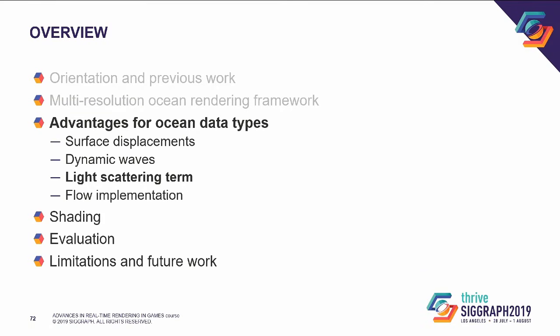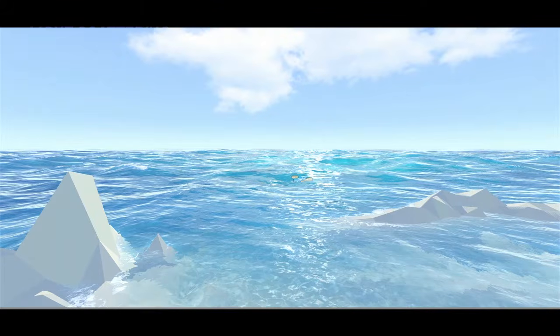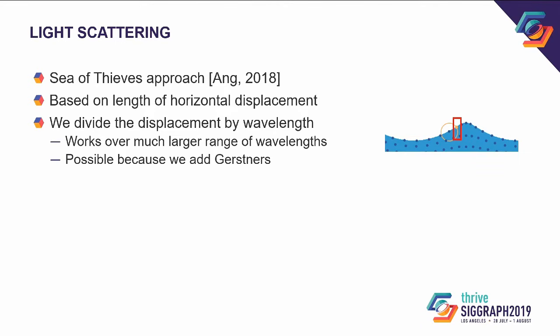The second to last aspect of the multi-resolution framework that we'll study is the light scattering heuristic. Here is an image of the light scattering effect in action, which emulates how light scatters through the water volume and brightens up the waves near the wave crest. We use a similar light scattering term to the Sea of Thieves approach. This light scattering term is based on the length of the horizontal displacement. To see why this works, we've marked the area where the surface point is close to the far right-hand side of its trajectory. This is on the face of a wave, which is where light would scatter through the wave